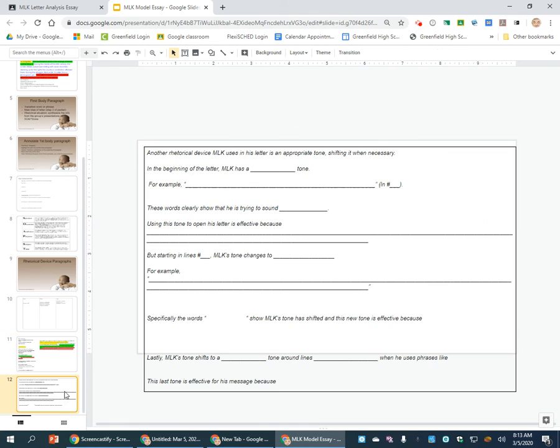And if you're interested in tone, I do have a paragraph frame for you to use, and we'll be looking at that on Friday. Not everyone is going to be writing about tone, but if you're interested in it, I do have this here. So I hope